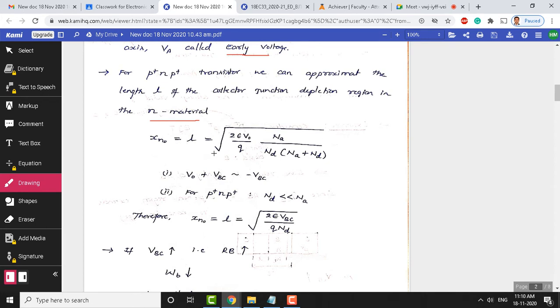From the p-n junction theory, we can write this equation here, and this equation can be further approximated. So, you can see here, V naught and VBC, if you compare, this VBC is going to be large. VBC is nothing but the reverse voltage that is applied in the normal active mode, that is larger compared to the built in voltage. So, in this expression, this V naught can be changed to VBC. For simplicity, we use a positive value here instead of a negative value.